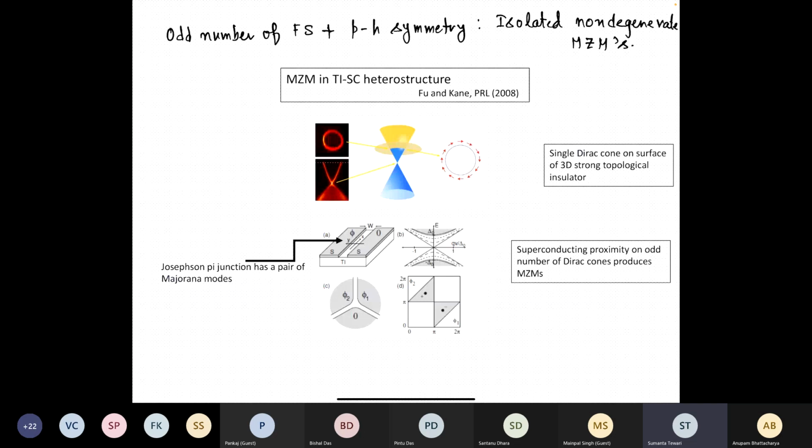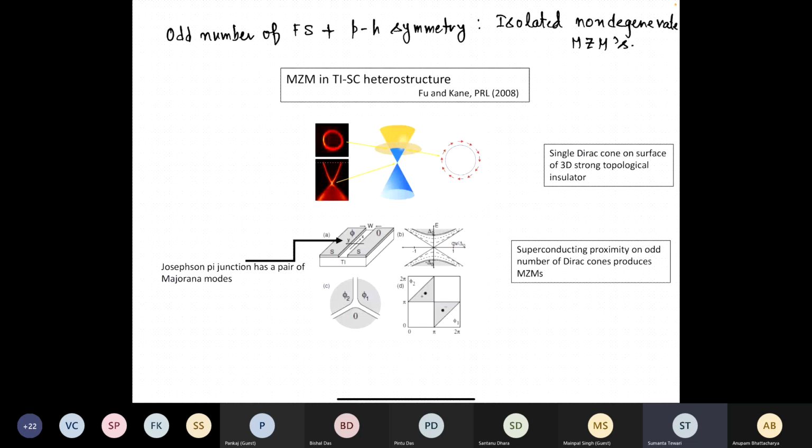Now, what happens in this topological insulator superconductor heterostructure is that, those of you who are familiar with the 3D strong topological insulator know that on one surface you get an odd number of Dirac cones. In the simplest case, you have only one Dirac cone, which means this single Fermi surface requirement is already fulfilled there. It's still a time reversal invariant system, so Kramer's degeneracy is still valid, but the topological insulator somehow can evade this